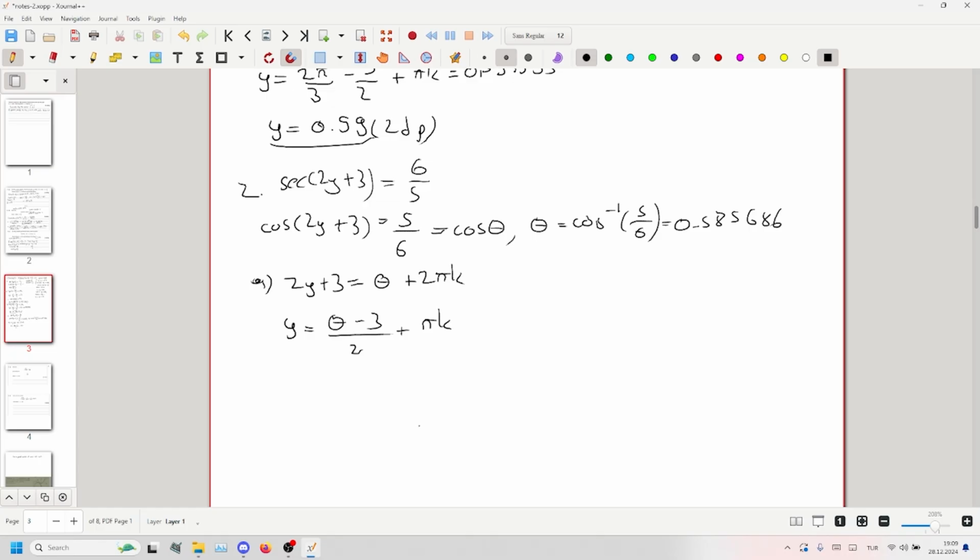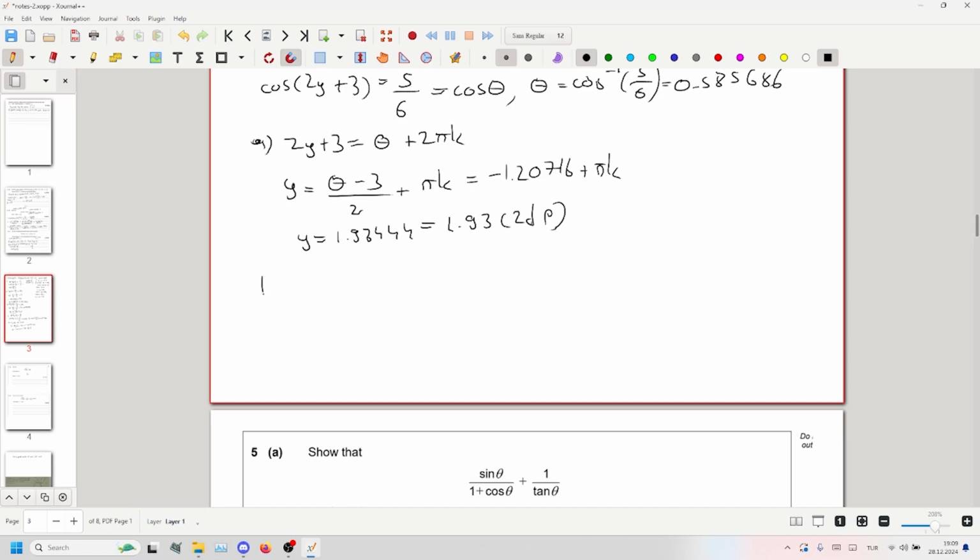Okay, so if we calculate theta minus 3 divided by 2, that would be negative 1.20716 plus pi k. And now this is not in the range we want, so we can add a pi to this to get y equal to 1.93444 something, which is equal to